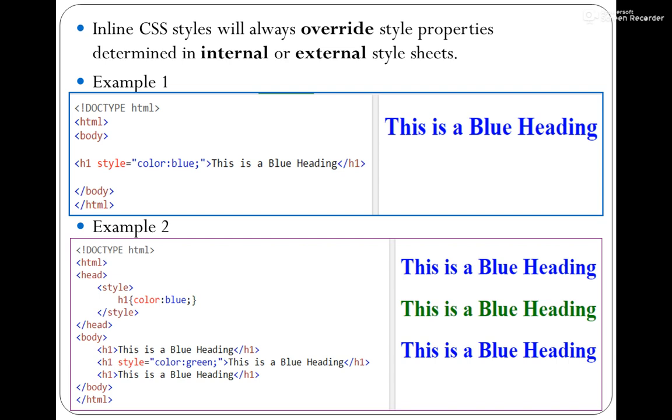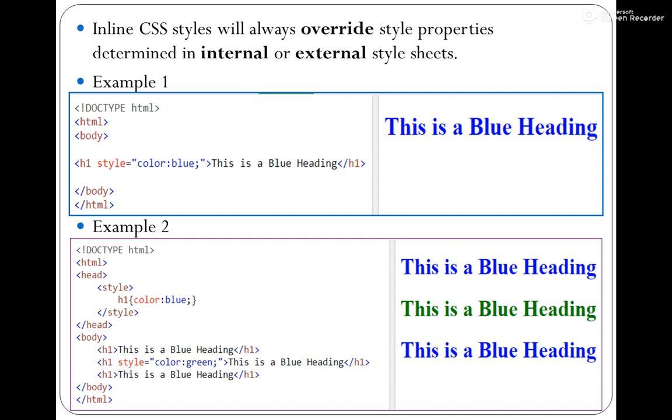If this sentence, style equal to color green, was not there, then the second line would also have been printed in blue color only. But what has happened? Here it has overridden the internal CSS and it has taken the styling which is mentioned in inline CSS, right? And again come to the third line. What is it again? H1, this is a blue heading. Now again it is a simple line where no styling is given.